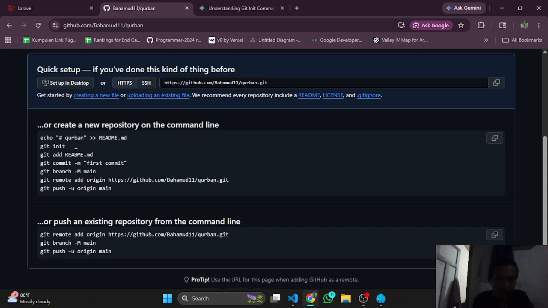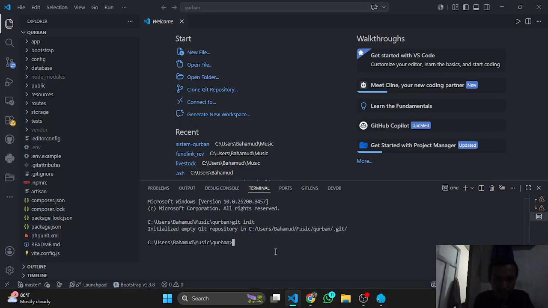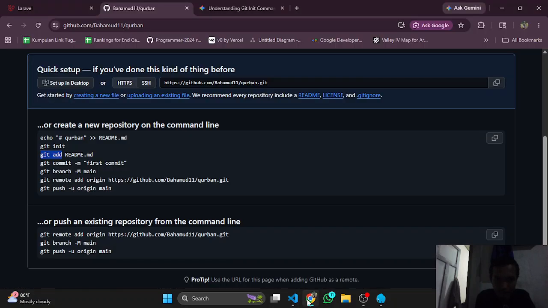After git init, we use git add, but not with README.md; we want git add space dot. Let's run git add space dot, press enter.